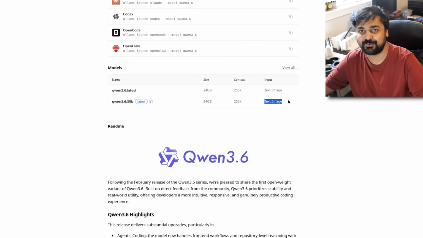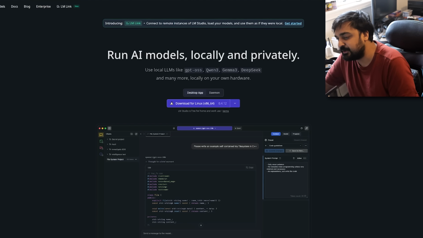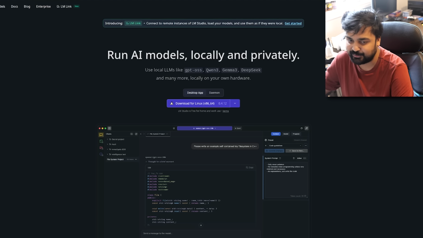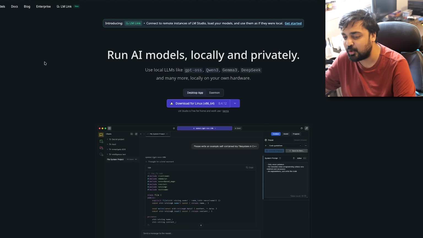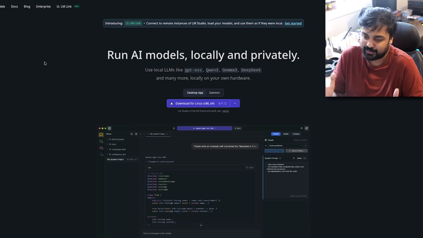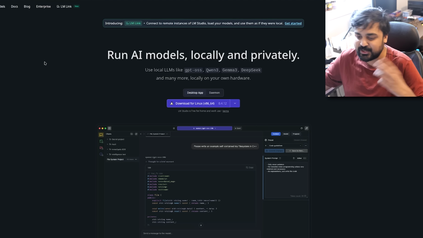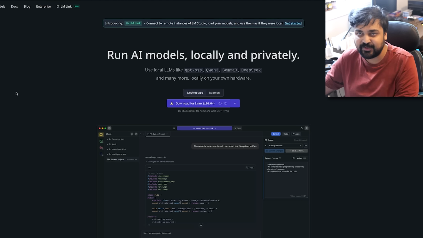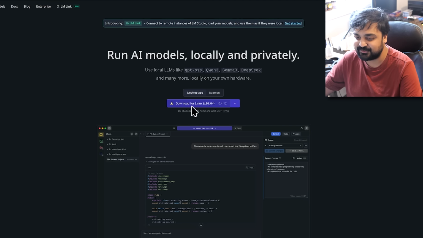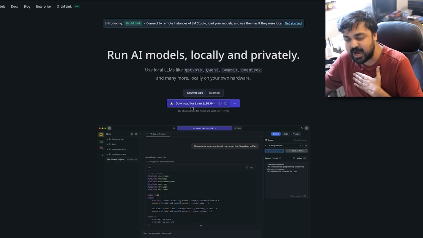Can you tell it to look through an image? Can you give it text information? It'll tell you all of that stuff right here. Though I think there's a slightly easier option out there. One of them is LM Studio. Now, this is not something that's open source, so for a lot of people whose issues derive from there, unfortunately, this is probably one of the easiest options, so I'm going to use it for the demonstration in this video alone. The simple aspect of it is their website will detect what operating system you have. I'm on Linux.